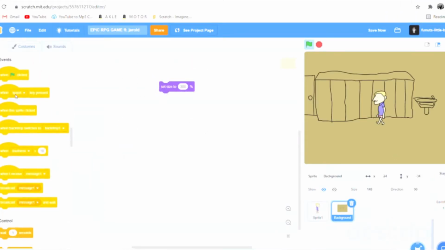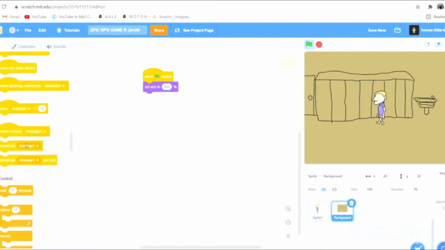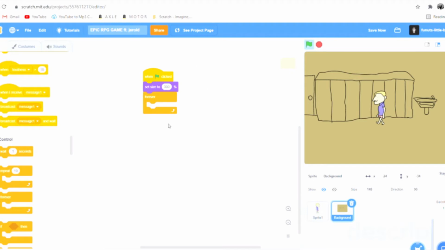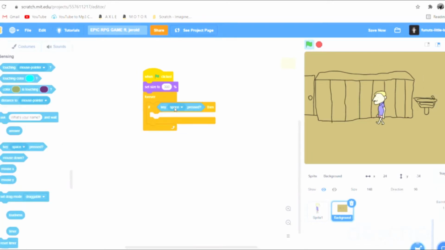All right, so you start off with a when this is clicked block. Here's what we want to do, right? We want to be able to have Gerald look like he's moving around in this world. So we are going to start with grabbing a forever block. Well, we set this size to 300, but we grab a forever block. We say if key right arrow is pressed, then we want,